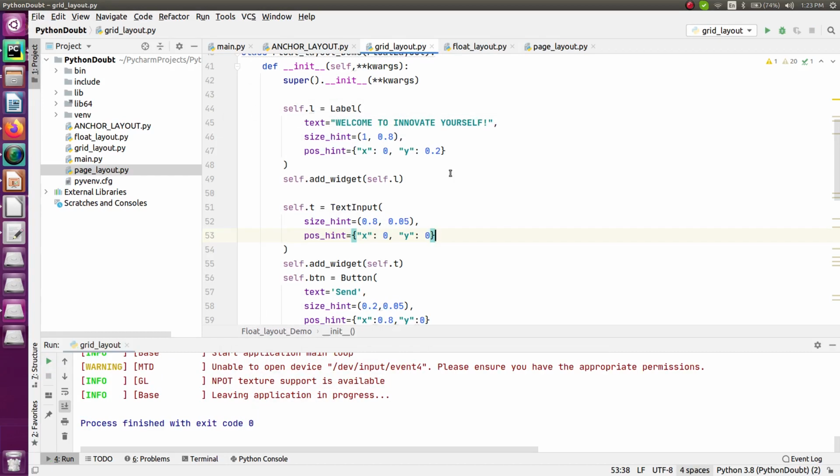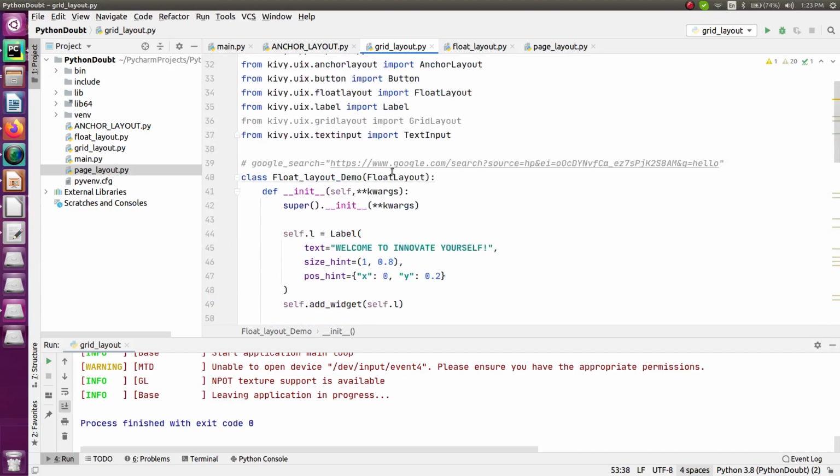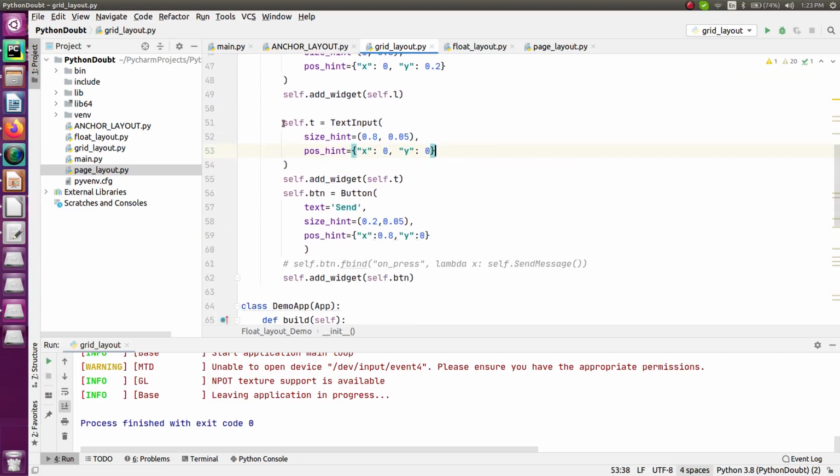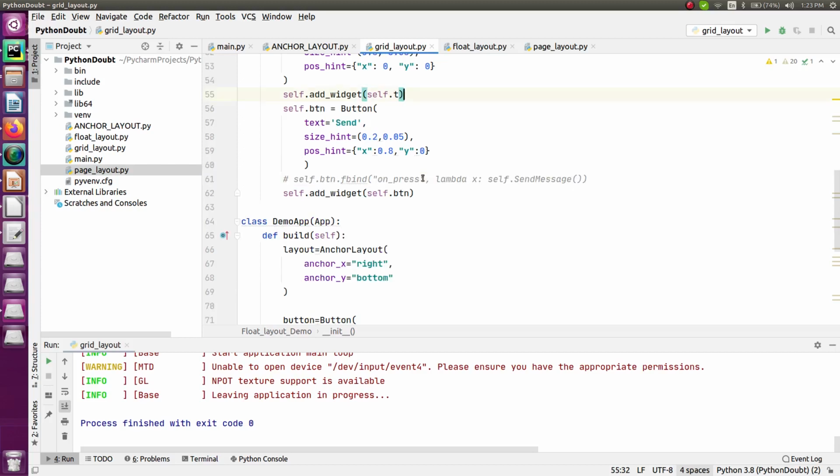For that, what exactly do you need? Firstly you need a label. Okay, we have a label. You need a text box. You have a text box, and in that text box you are going to enter some text, and that text we have to read. And whatever text you have entered should be taken and used for the Google search. And for the Google search what do you need? You need an API where you're going to add your message, and based on that message you will get some output, and that output will be a Google search result from Google. So this is all that we're going to do.